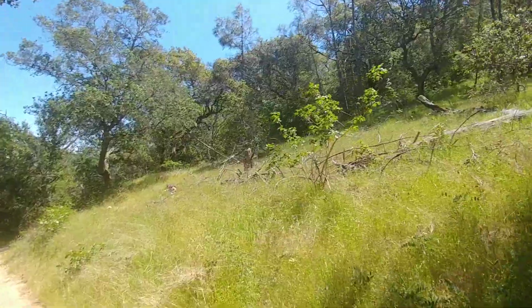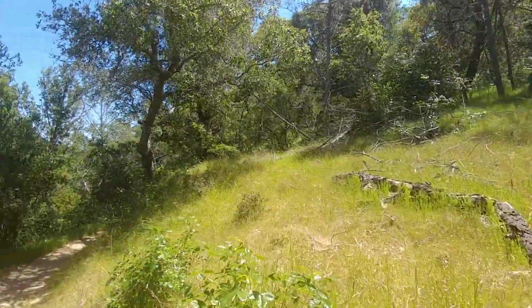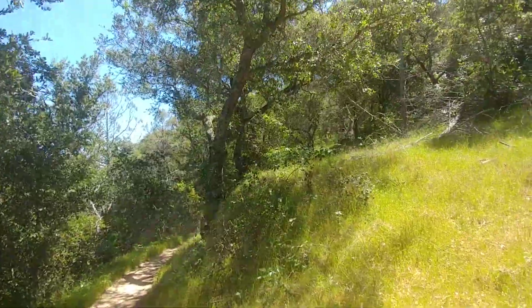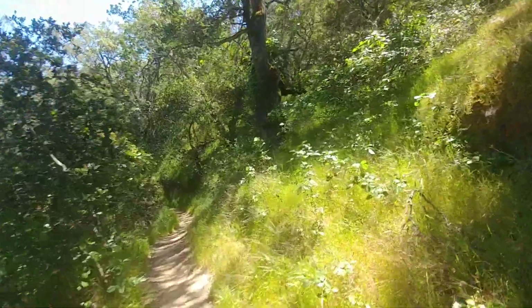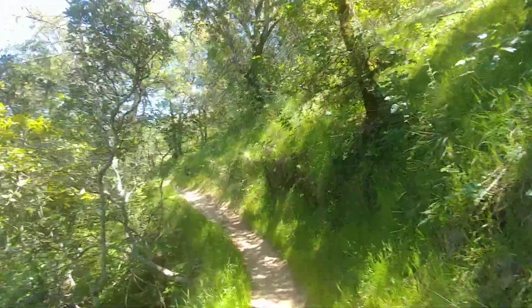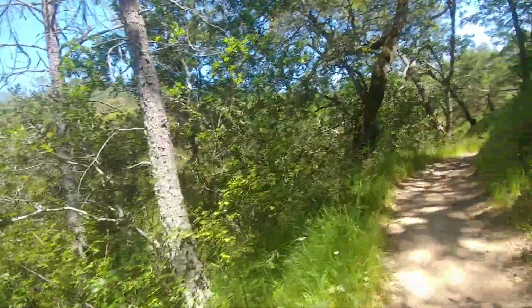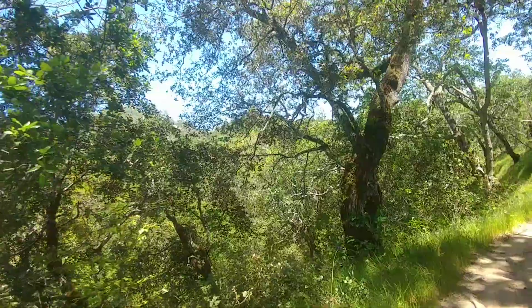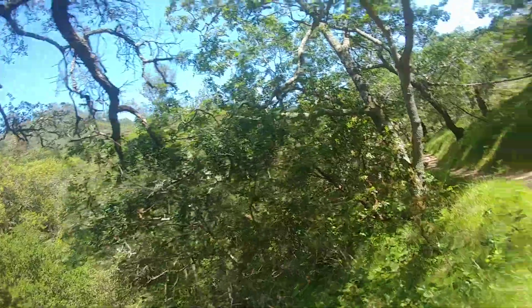I haven't really seen anything that stands out at me as being structural. Not a deadfall here, but I don't see anything that really makes me say, hey, that looks structural, that looks like a blind, or that looks like an upside down tree, or any arches or anything like that here. But the legend is that there are hominid cryptids living up on this mountain, and just exactly where, what part, we're not sure. But legend has it that they have records of this in the past, back in the 1800s, and as far back as when the Spaniards had their missions and their outposts here, when they basically enslaved the native peoples for the missions that they had. But